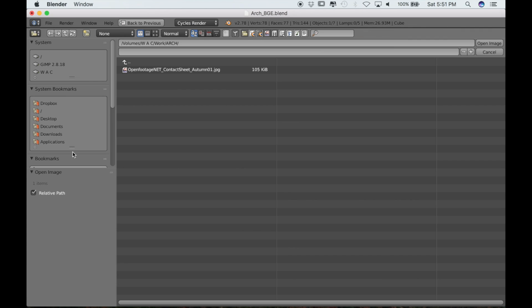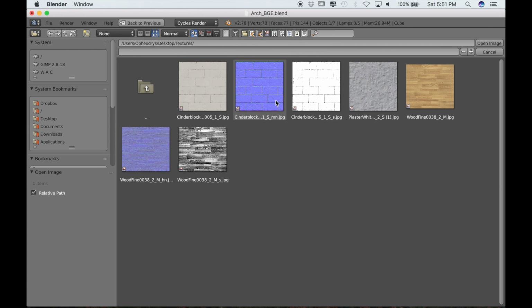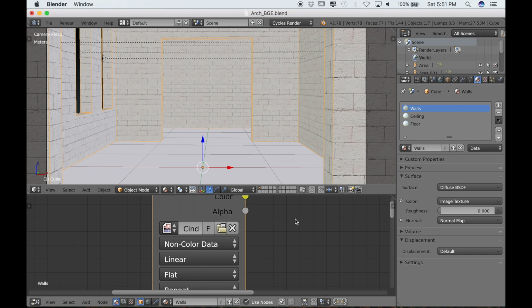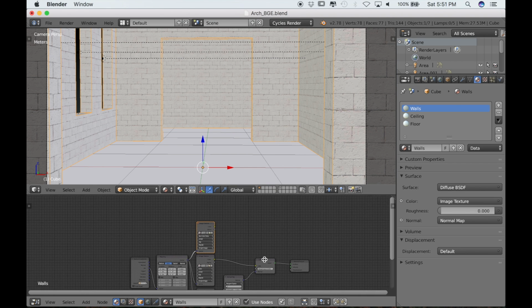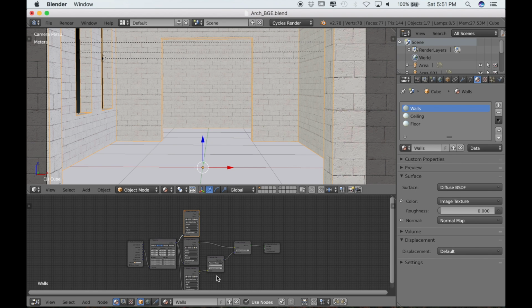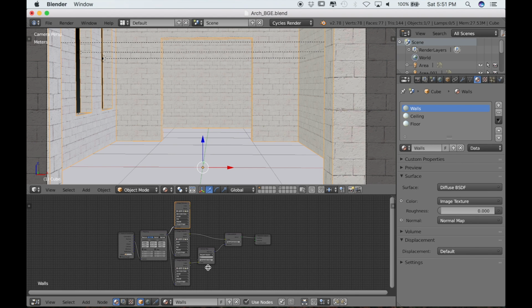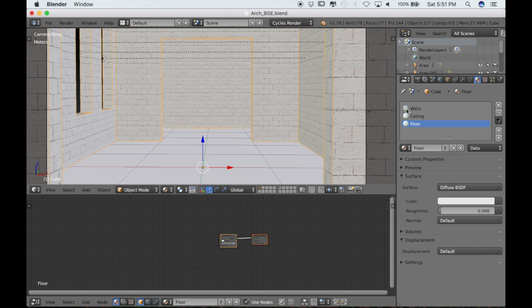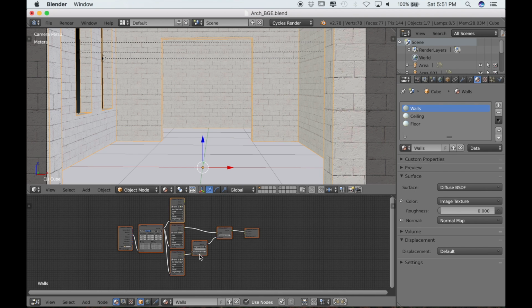And I'll X out that texture and open a new one, and now I'll find my specularity texture. And I'm not going to plug this into anything. We'll be doing something with this later. So right now let's leave this the way that it is, and we'll set up our floor material the same way. And the quickest way to do that is go back to the wall material and select everything with A,